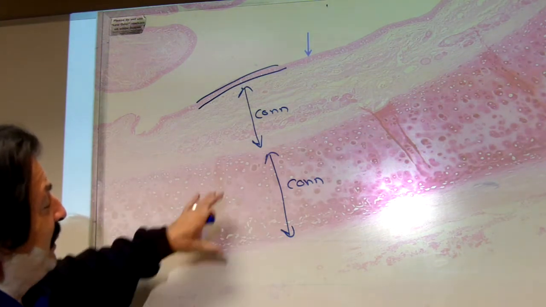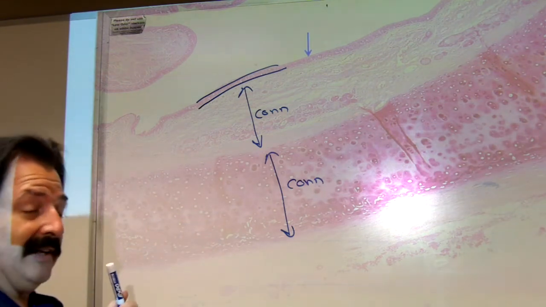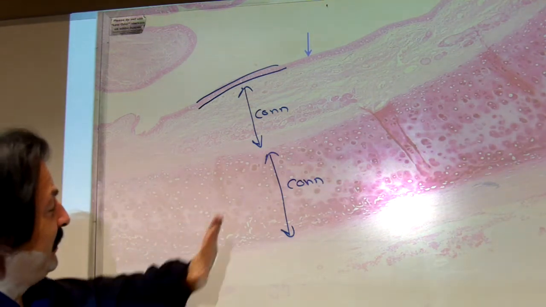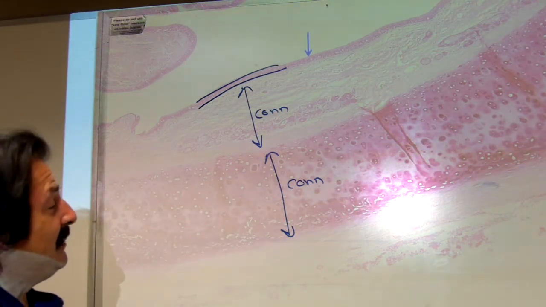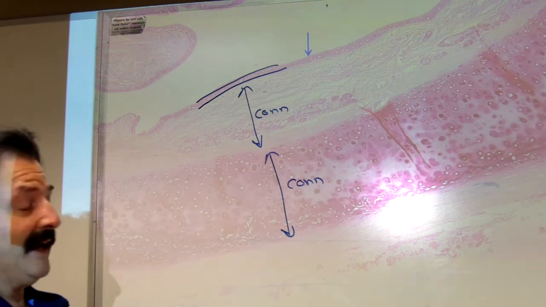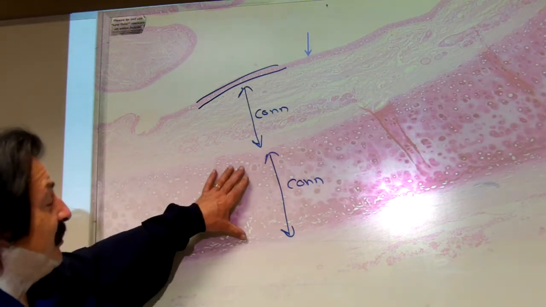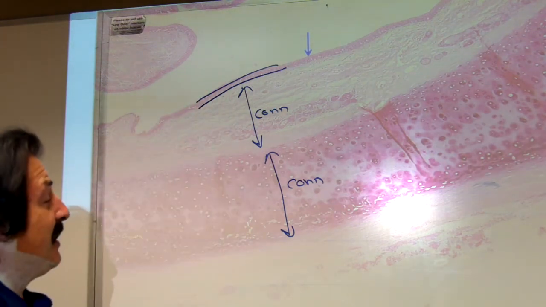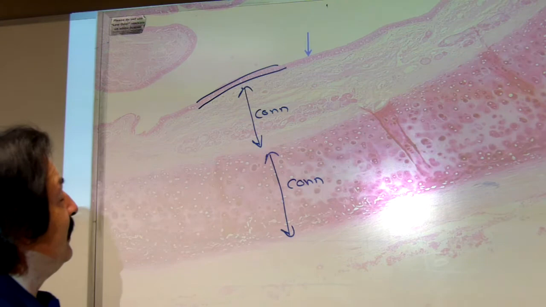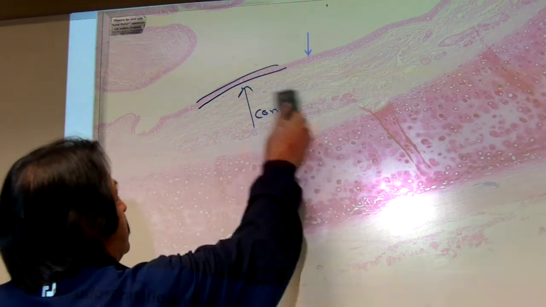All right? And cartilage in the trachea is designed to give a lot of rigidity. It can take blunt force trauma and not crack like a bone would. It's flexible to move with your neck. Okay? The ideal tissue to provide support and protection for the lumen of the trachea, the airway in the throat. All right? So let's zoom in